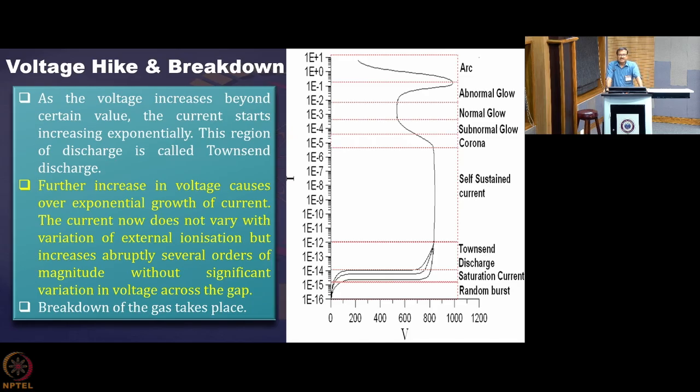Okay. So, this region is the Townsend region, which we have just discussed, where electrons are getting multiplied as they move in the field. They are producing more and more electrons, and an avalanche is taking place. That is causing the breakdown, and the current suddenly shoots up like this. That corresponds to the breakdown region, and the current increases by several orders of magnitude. You see here it is 10 to the minus 12, and here it is 10 to the minus 5. So, a 6 order of magnitude increase in the current because of the Townsend breakdown that has happened there.